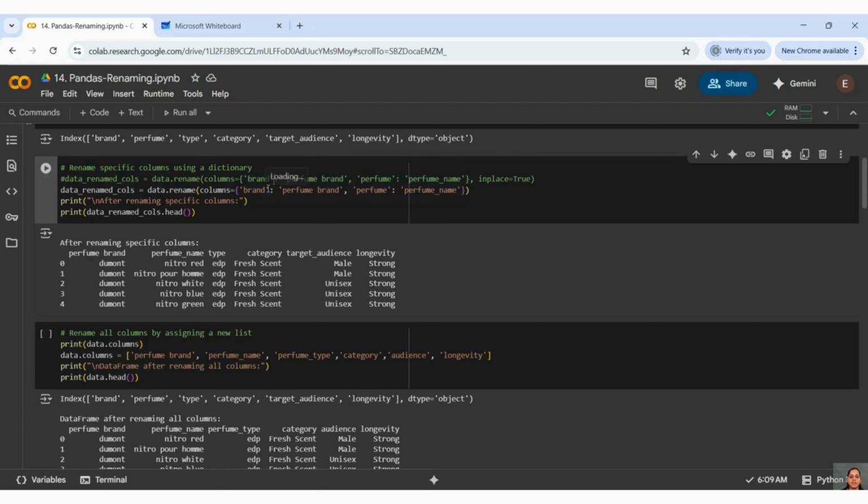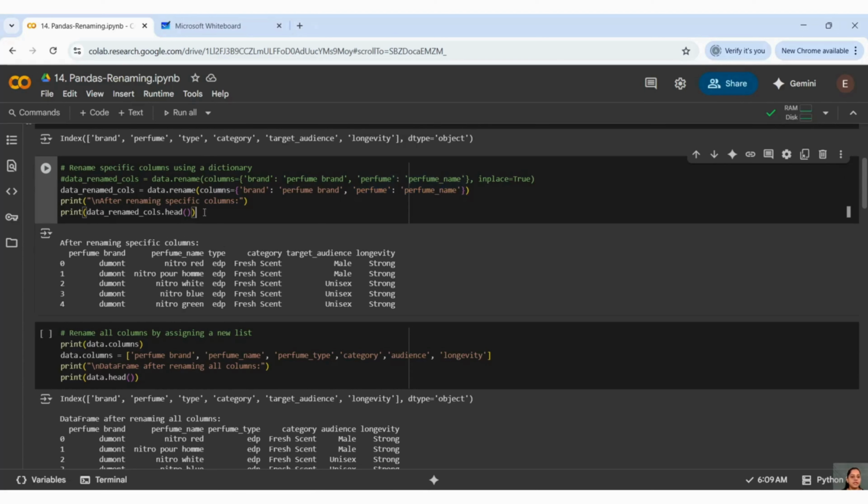This is the similar way. Inside the dictionary, the first one, the key, is the old name, and the new name is your value. So this is a key value pair we have used, and we have called our rename method.